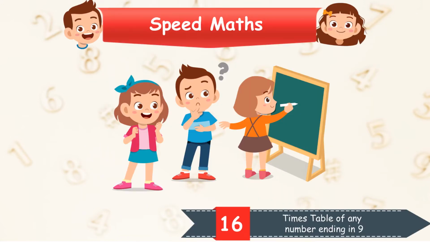In the previous episode, we discussed how to write the times table of the number 19. Now in this episode, we are going to expand that and provide a general method that you can use to write the times table of any number ending in 9. We are going to provide 2 examples in this episode, and at the end of this episode you will be able to take any number that is ending in 9 and write the times table of that number with this special technique.